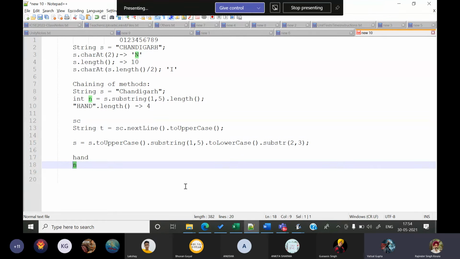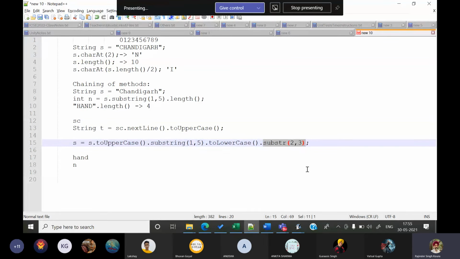Sir, when it has calculated the entire thing, then it would print, or as it is going through the process, it would keep on printing it? Okay, no. Basically, S is going to get me the result of only this particular method, that is the last method which is actually used.